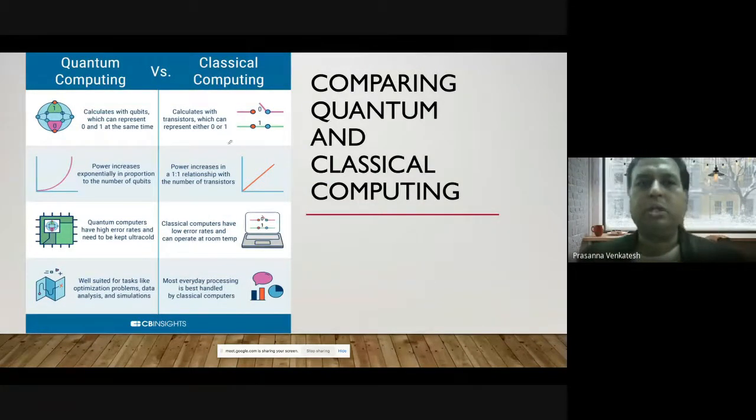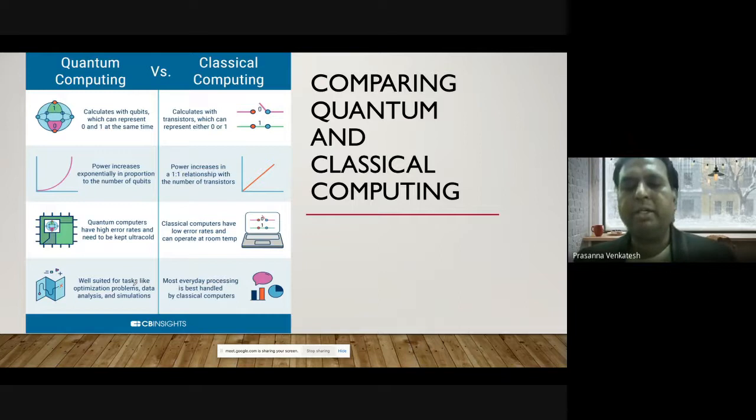Okay, let's look at some of the basic differences. We talked about the qubits, and the power requirement for a quantum computer increases exponentially as the number of qubits increases, but it is somewhat linear in normal computers. The other important problem the quantum computer faces is the machine that I showed you.